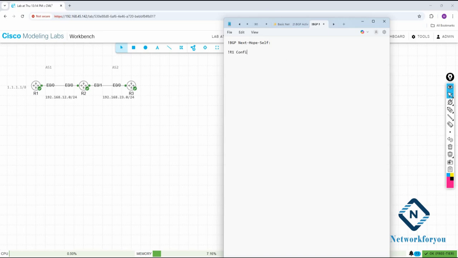So R1 configuration, enable, config T, host name R1, and we will assign the IP to interface E0/0. I will write IP address 192.168.12.1, give space 255.255.255.0, and then we will write no shut here. Interface loopback 0, I will write here IP address 1.1.1.1, give space 255. Any subnet we will use, but I am using here only /8, so I give that